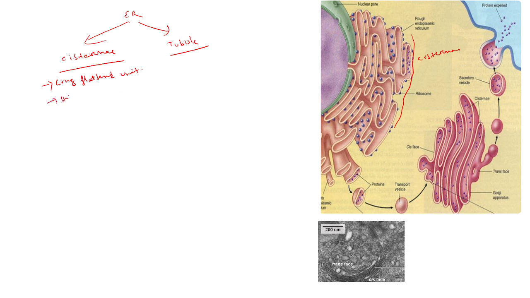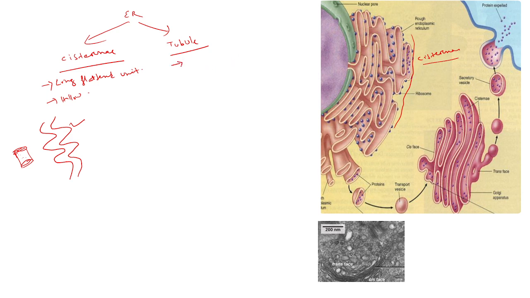Hollow means it looks like a pipe. That means inside the pipe there is a hollow part. So the cisternae look like this, but it is branched, it's not straight. So a pipe-like or flattened structure of ER is called the cisternae, and another structure is called